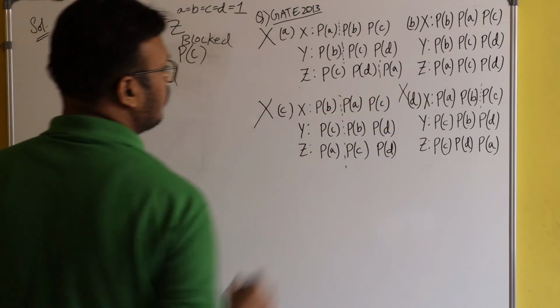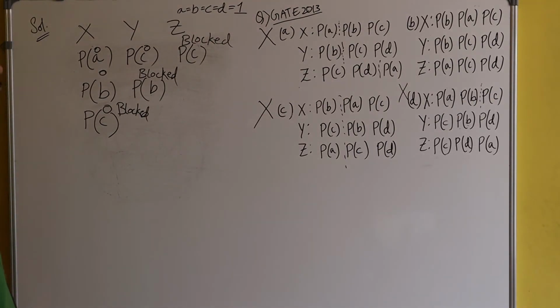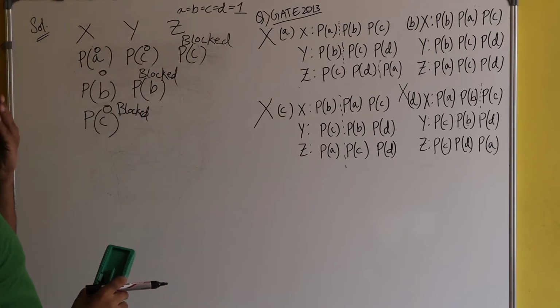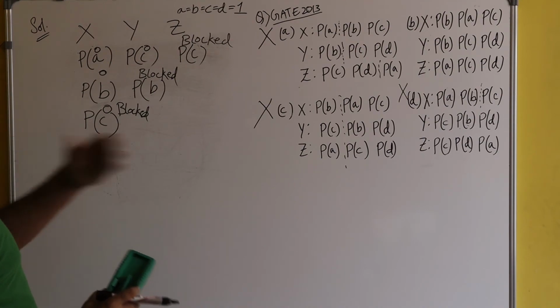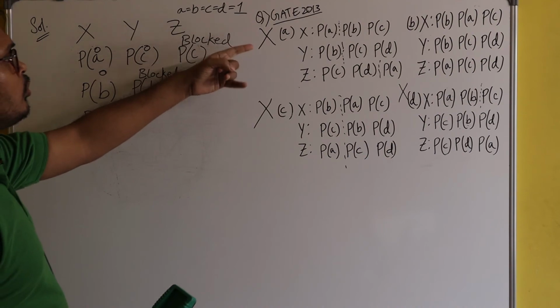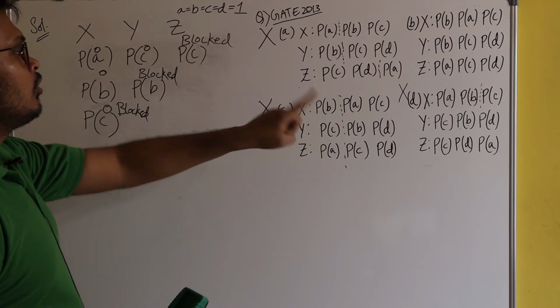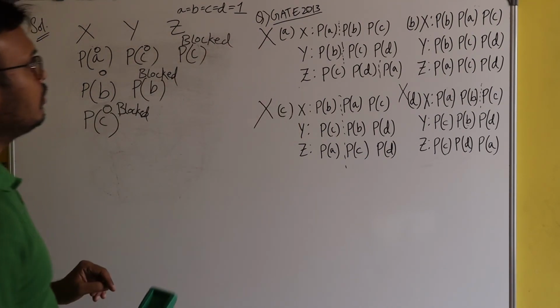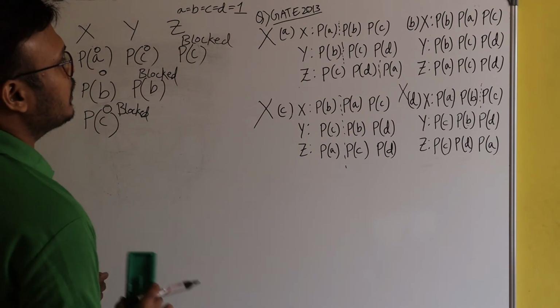So this is also not a correct option. This is also a deadlock situation. So now only one option is left. And the cyclic diagram you should try on your own. I have shown you for option A and option C. For option D you should try on your own. So let's analyze option B.